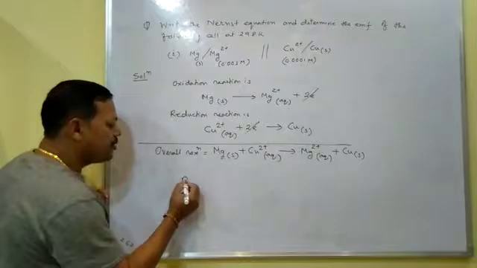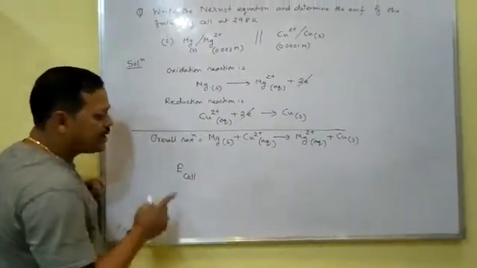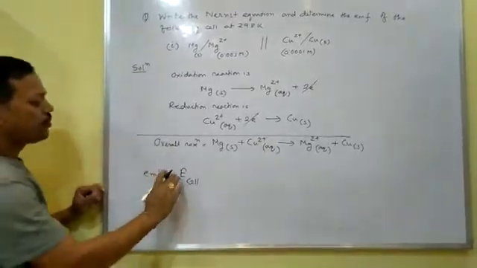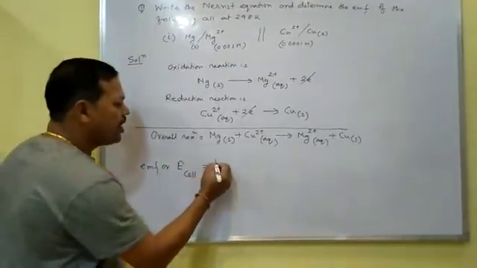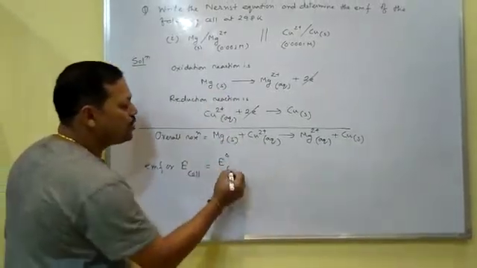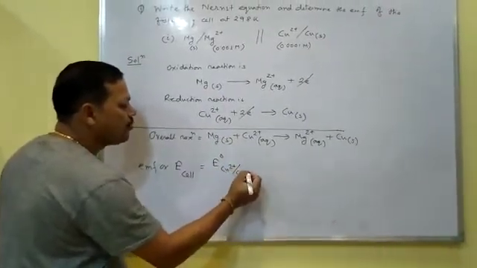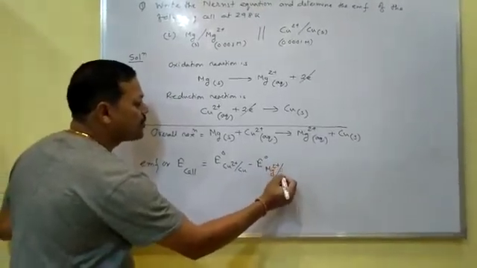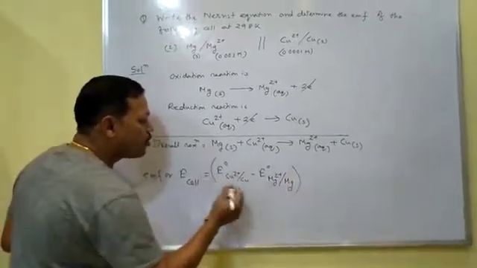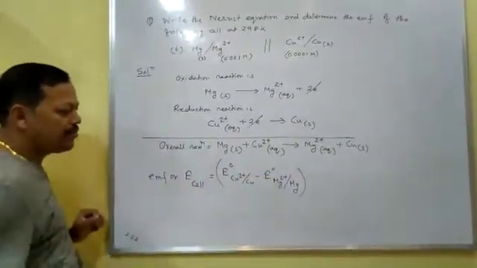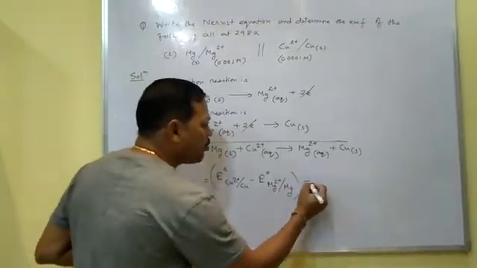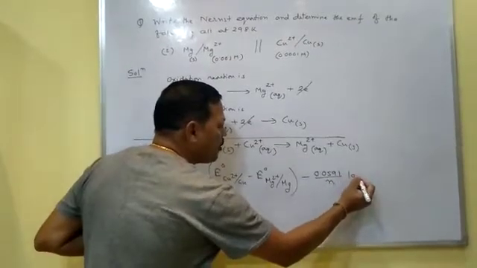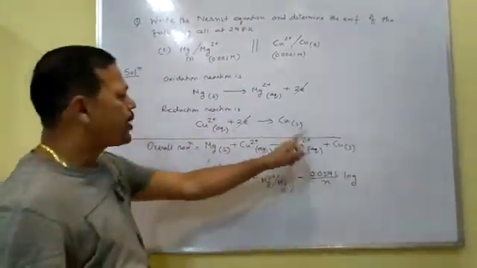As you know, in the Nernst equation, the potential of the cell, also called EMF or E cell, is equal to E naught of cathode, copper, since the right side is always the cathode, minus E naught of anode, magnesium, since the left side always represents the anode. This is also called E naught cell, E naught right minus E naught left, minus 0.0591 divided by n, log of product by reactant.